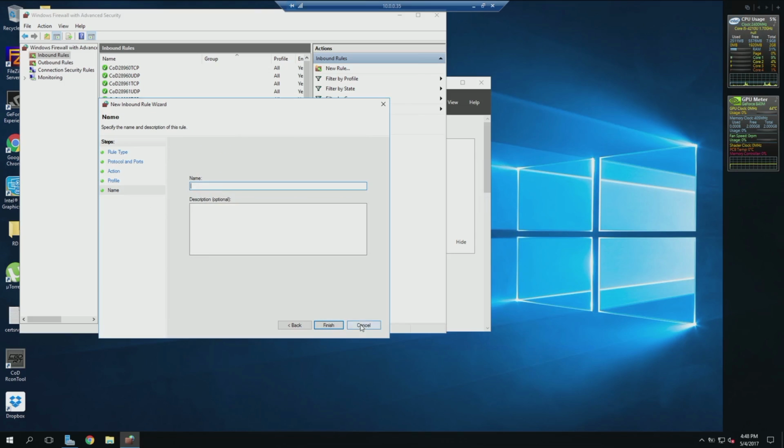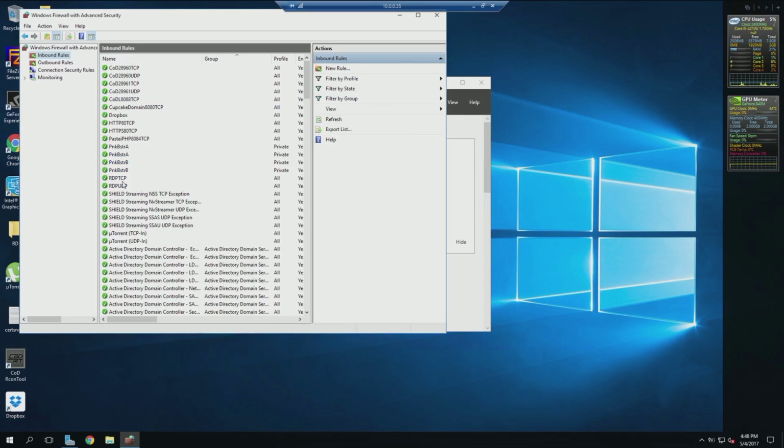I'm not going to do it because I already have it in my firewall, so if you still have to do it, you're just going to give it a name and click finish, and it should pop up in this list. Now once you're done with that, we are going to open,